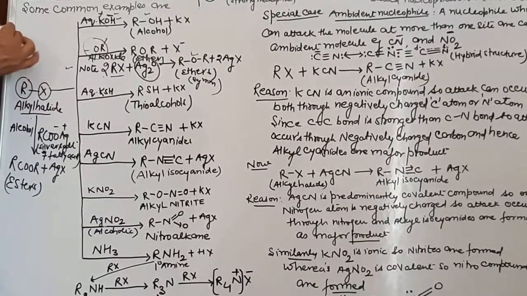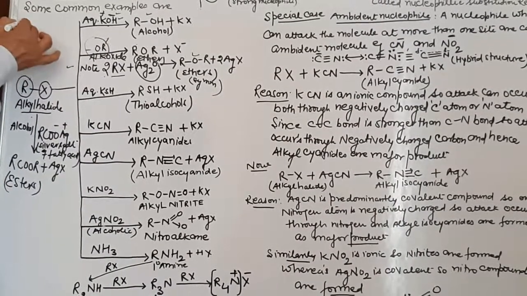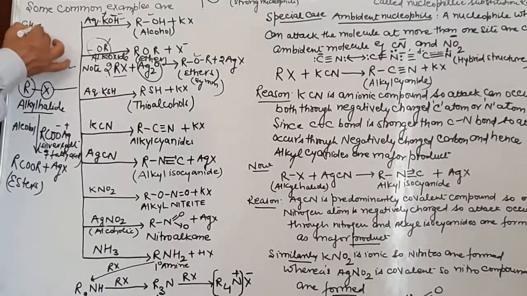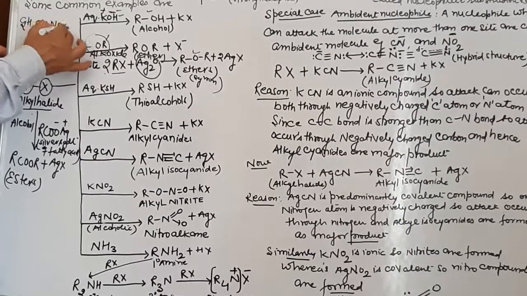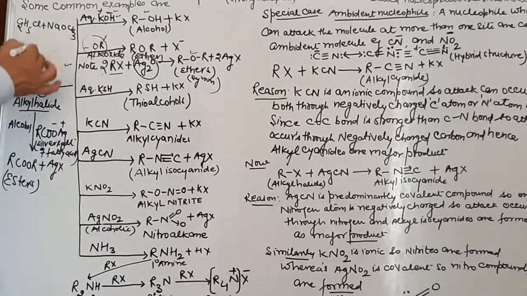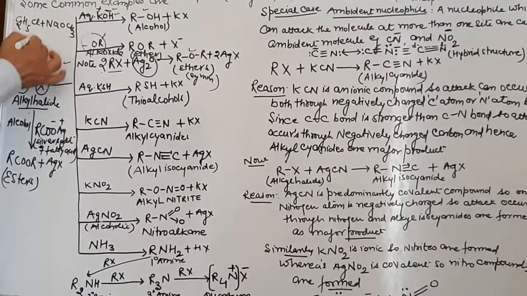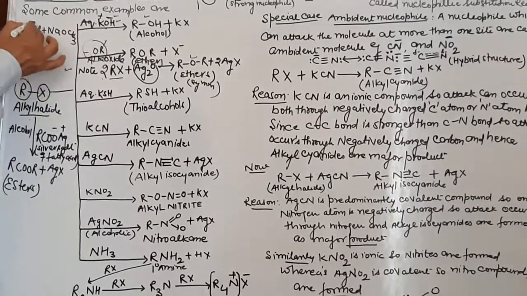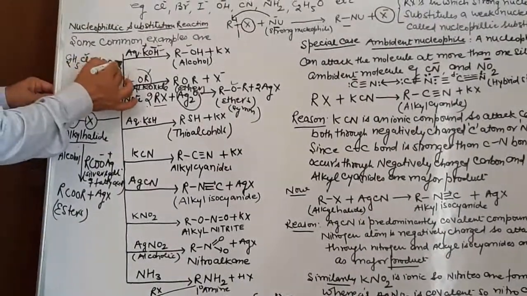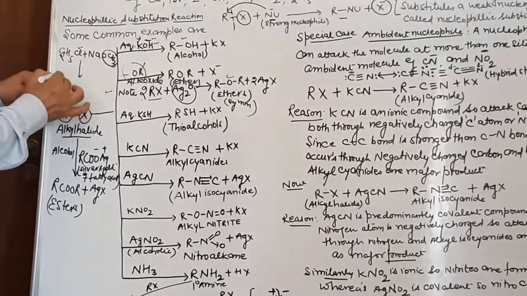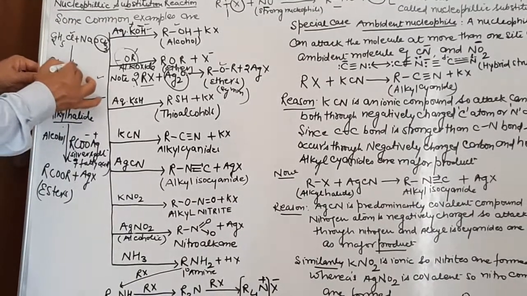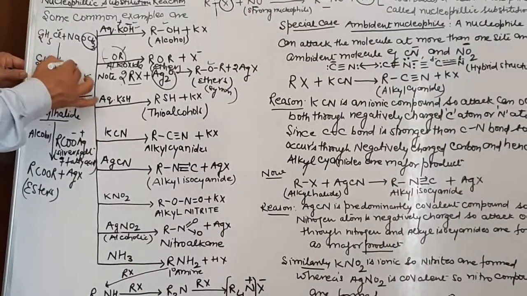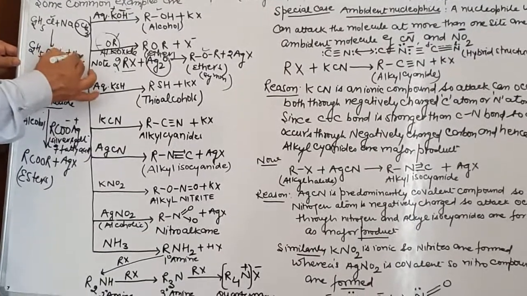As for example, suppose we take ethyl chloride, and ethyl chloride is made to react with sodium methoxide. Just see over here, this is sodium methoxide. What will happen over here? This Cl will be substituted by this OCH3 group, and what will be the product formed over here? It will be C2H5OCH3, plus NaCl will be given out.